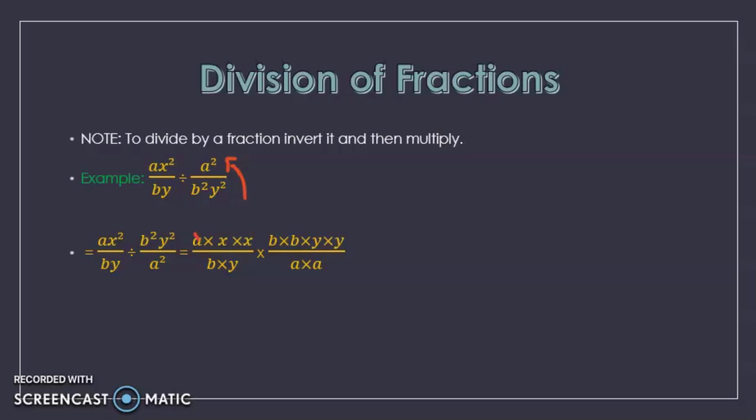Now you can see a is common, we see b is common, and we see y is common. So it will be equal to b